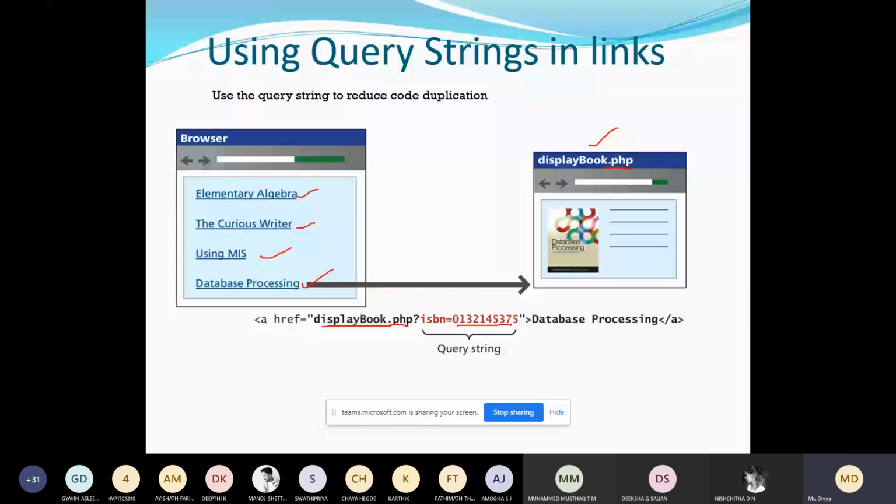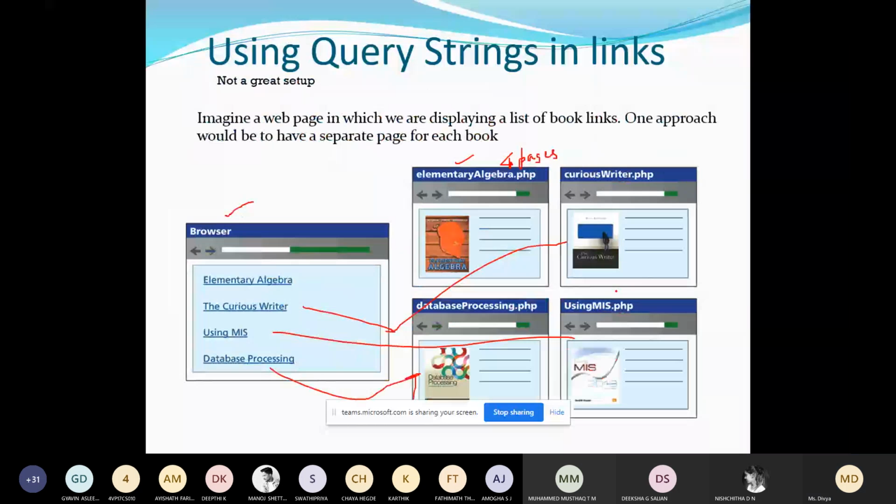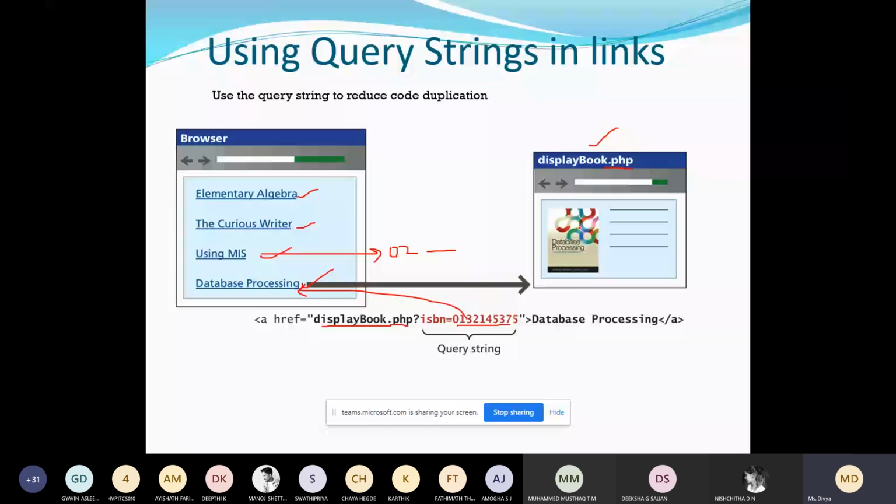This is the ISBN number related to this page. Similarly, the others will have different ISBN numbers like 0, 3, 2, and so on. Whenever the user clicks on a link, you can simply change this ISBN number and display the content in this page. The benefit here is that instead of 4 pages, you have only one page. So you can minimize the storage, or minimize the PHP pages. That is the advantage.